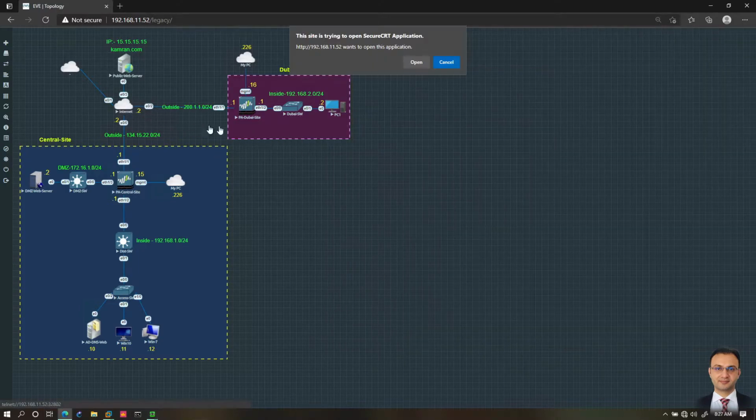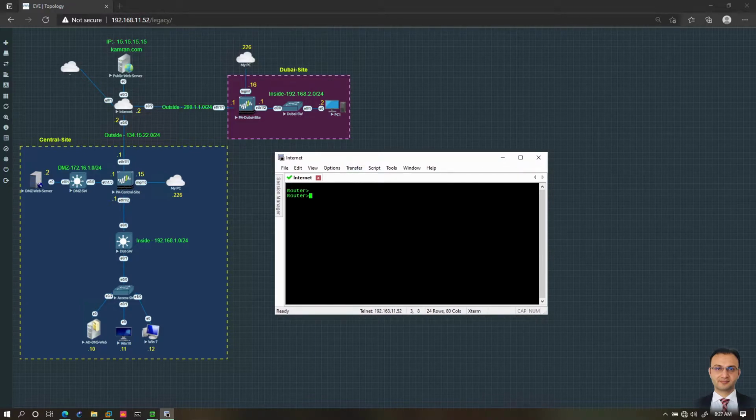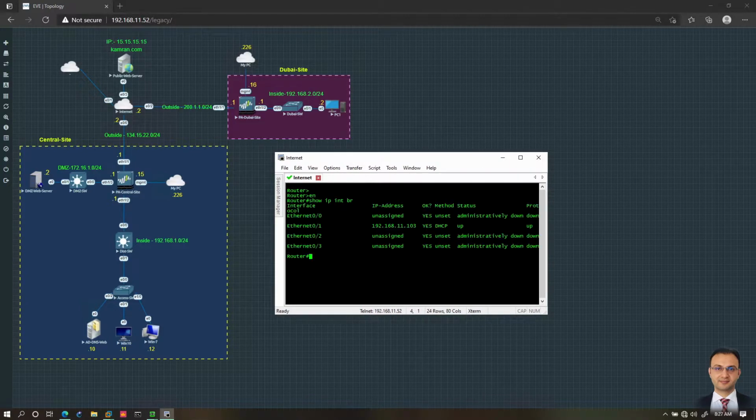Let's go and assign IP to the interfaces of the Cisco router here on this device, and we perform that here. So you can see I have nothing as yet configured. Show IP interface brief. The only thing, this interface has taken a DHCP IP address, which we will change, or maybe we can leave it, but let's go ahead and change this as well. Let's put it something like 90. Let's first change the host name, so it's internet or maybe ISP router, or let's leave it as internet, and